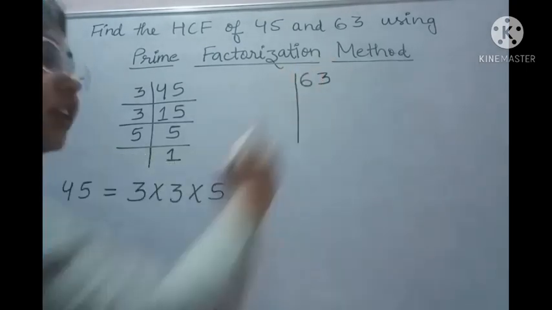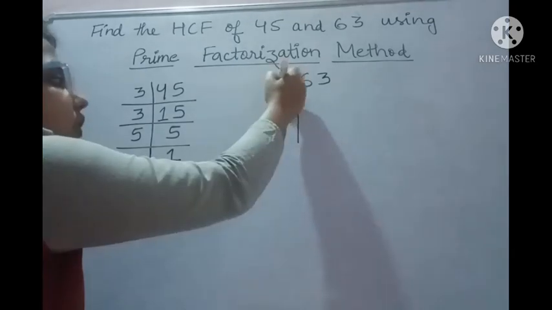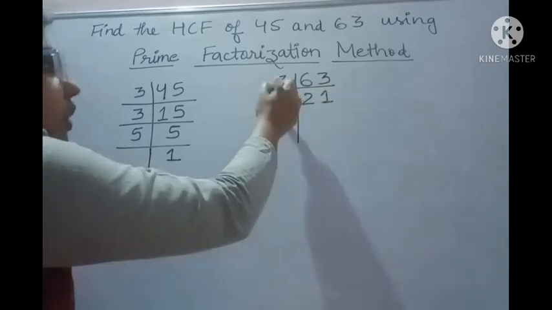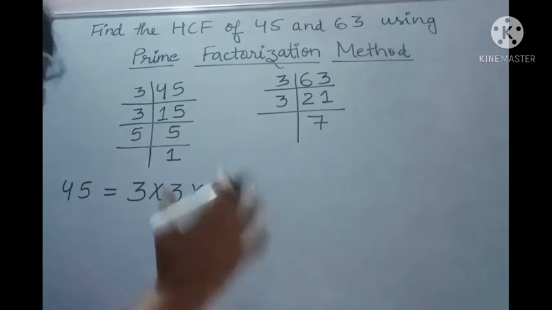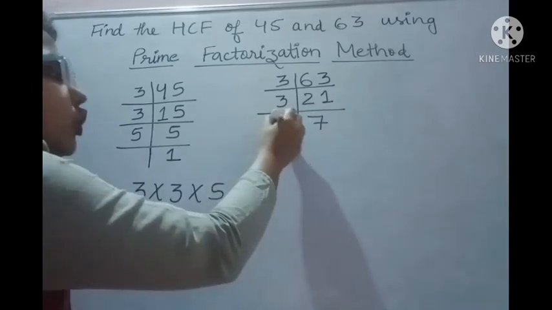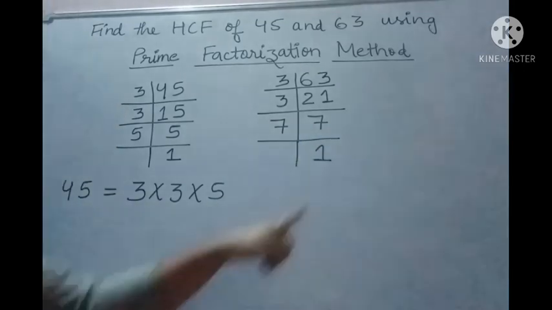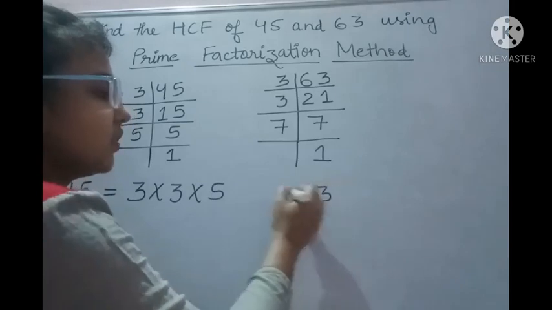Now we will find out in the same manner the prime factors of 63. Again, this number is also an odd number, so we will divide it by the odd prime number, which is 3. Let's divide it. 3 twos are 6, 3 ones are 3. 21 is also coming in the table of 3. 3 sevens are 21. And 7 is in itself a prime number, so we will divide this number by 7 only, and what we will get? 1. And when we get 1 at the last, we stop there.